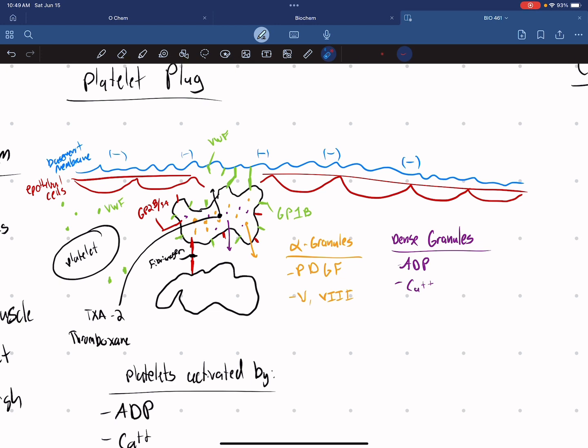So here in green, these little green dots floating in the blood, we have the VW factor. And in a non-damaged blood vessel, they don't do anything. So you'll have platelets and this VW factor floating throughout the blood when all is going well. But when there's damage and this opening happens, the VW factor will come in and bind to this negatively charged basement membrane. And once these are all bound to this negatively charged basement membrane, the platelets will